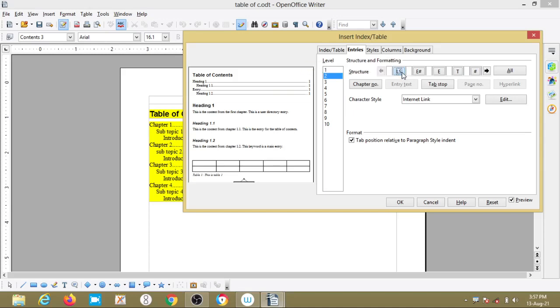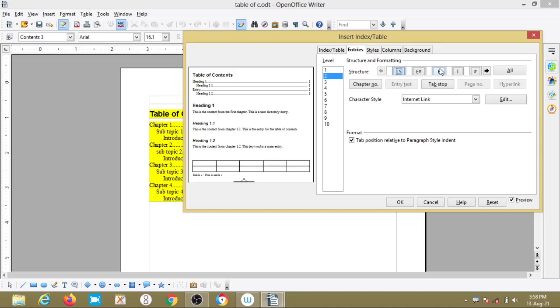Then E entry, and ending of the hyperlink: this blank space converts to the ending of the hyperlink.